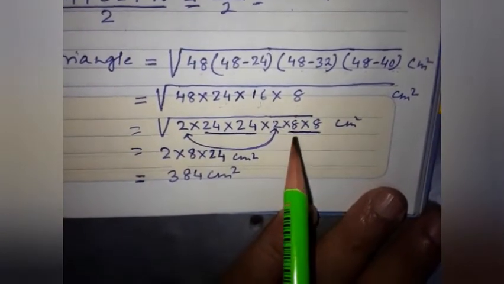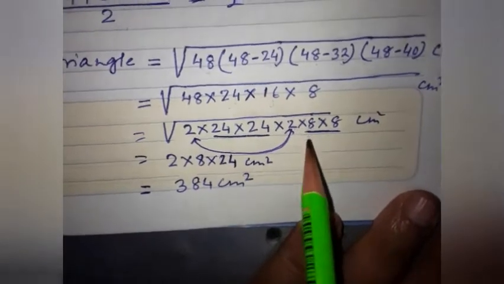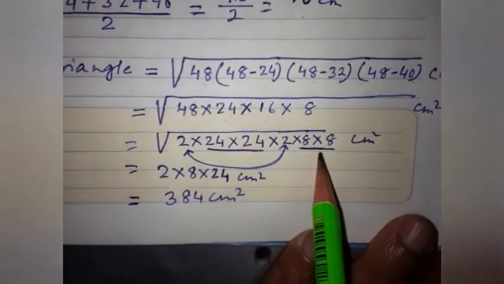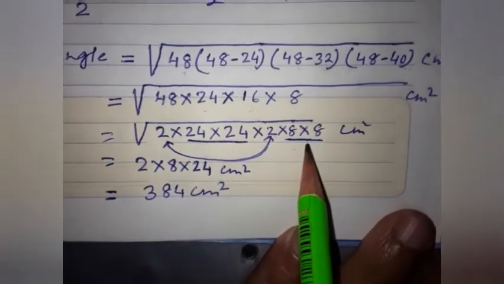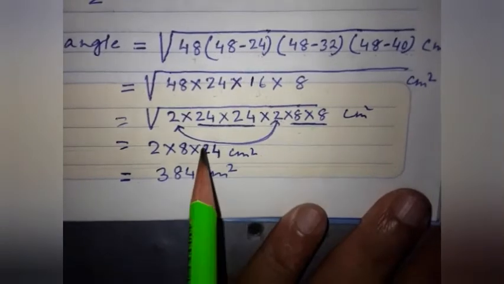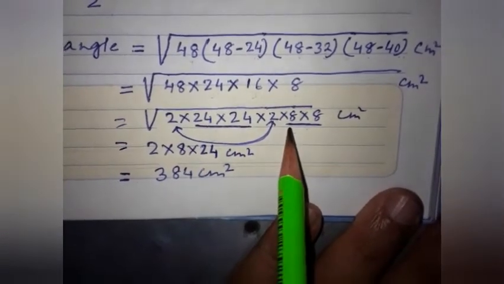It is not that you have to follow the way I am doing it. Whichever way you find easier for you, you can do this calculation. There is no hard and fast rule. If you know an easier way than mine, you are allowed to do it. No problem beta.